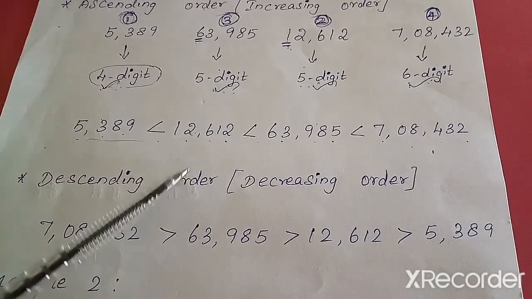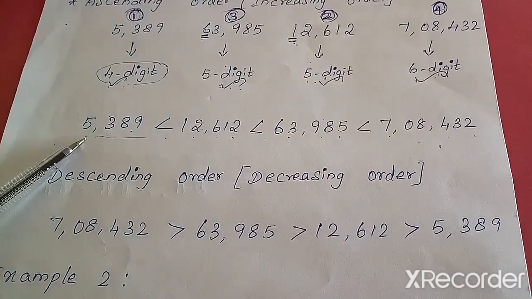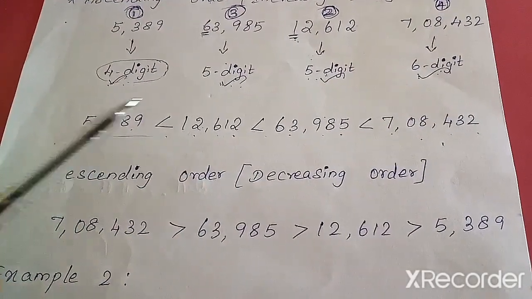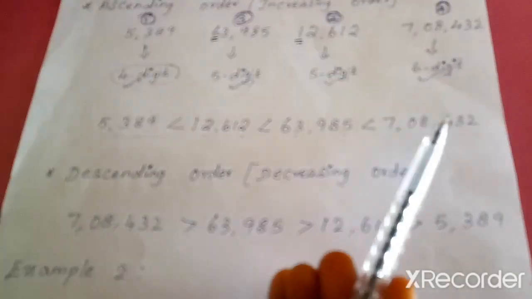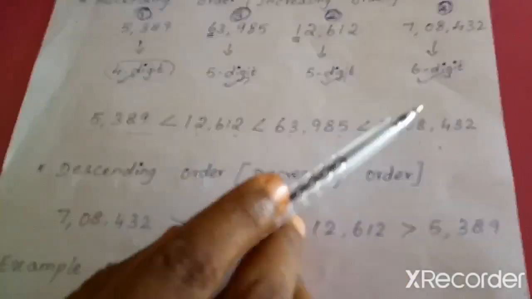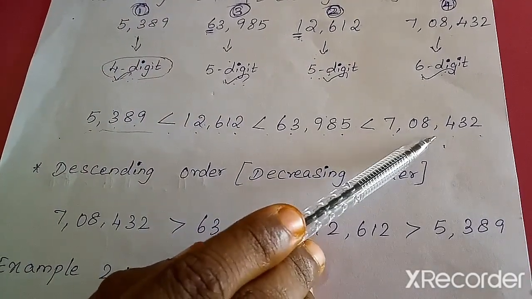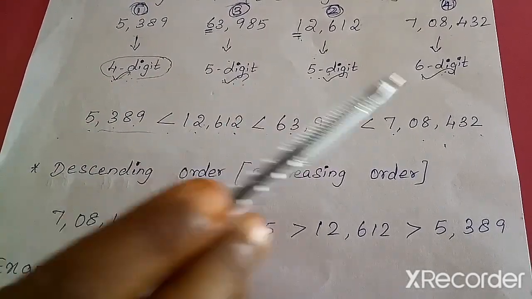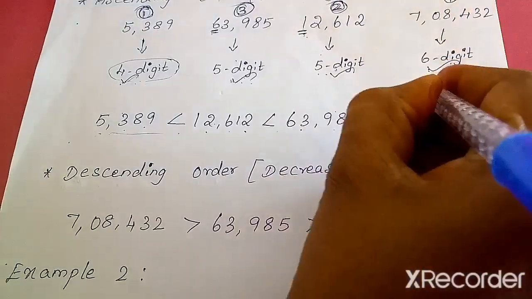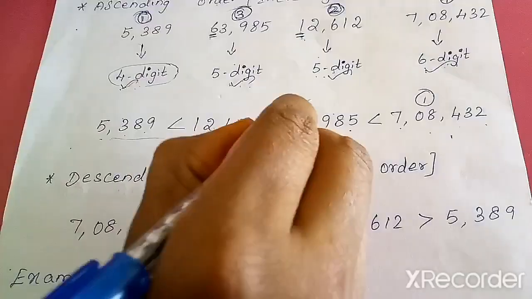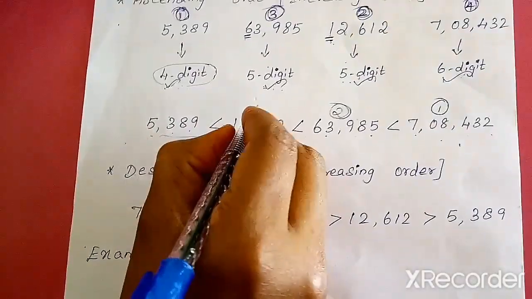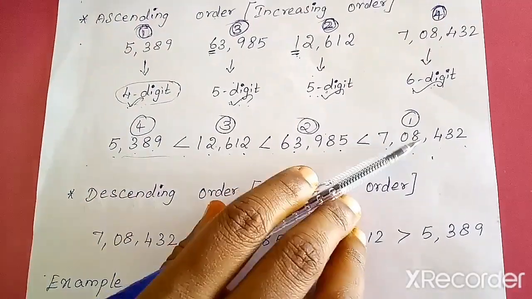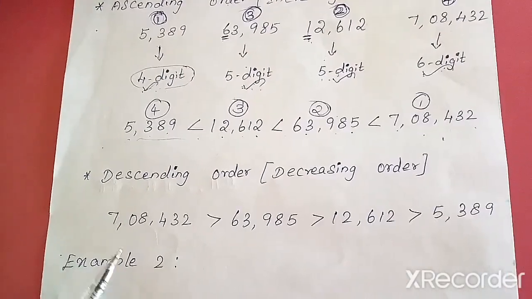So let us see the same set of numbers, how to arrange in descending order. So this is already arranged in ascending order. The easy method of arranging this in descending order is you can start from your right side to the left side, because the last number will be the greater number and the next will be the second greater, third greater and the last one. So you can just start from here. So this will be the first greater number when you arrange in descending order. And this will be the second greater number. And this will be coming as third one. And this will be the fourth one. So you can just write it in reverse order. So you get it like this.